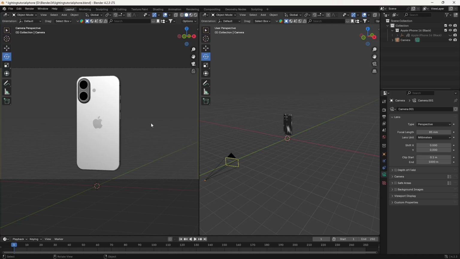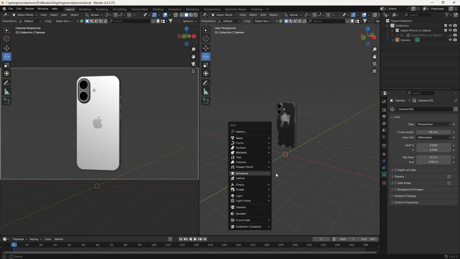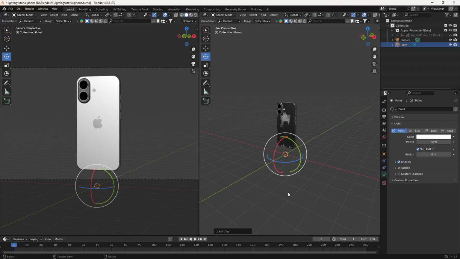How can you do it? Let me show you some lights that are available in Blender and which I use. If you press the Shift plus A key, here you will find the light tab. You can play with the lights here. So there is a point light. Now in order to see the effect, let's do a render here.